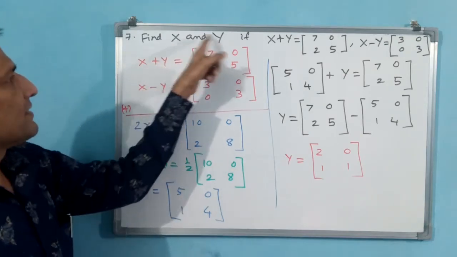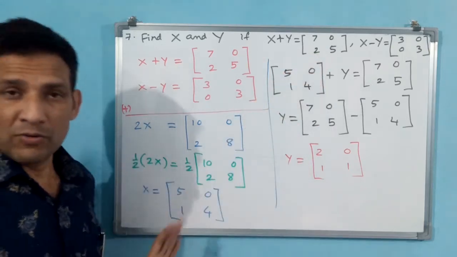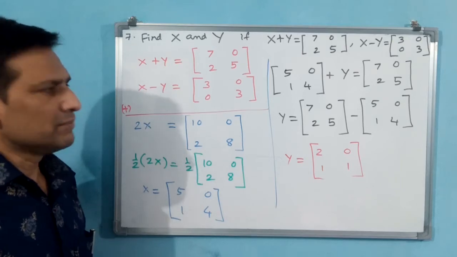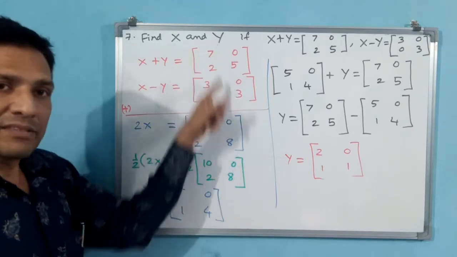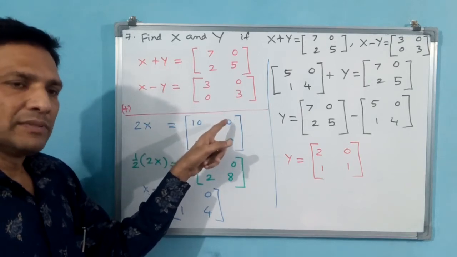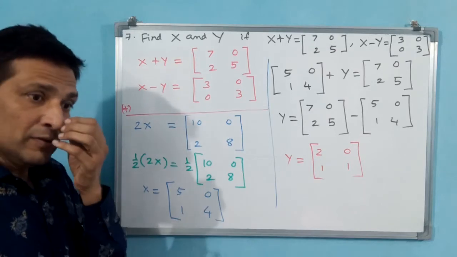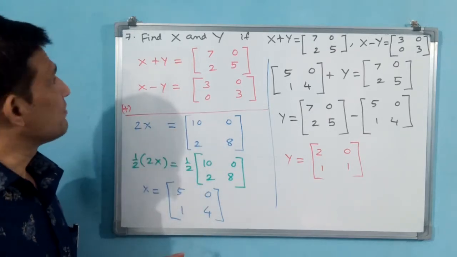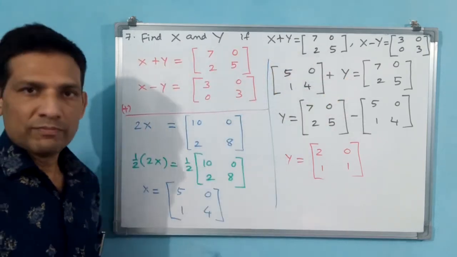That means find x and y. X is this one, y is this one. Both answers have come. How have you done it? You have done it simply by arithmetic algebra, not matrix algebra, like arithmetic algebra only. Where matrix algebra will come, matrix algebra you have to do. Where normal algebra comes, normal algebra you have to perform. Okay, now finish this first part. What we do in the 7th question only, the second part we do. Okay. Let us do.